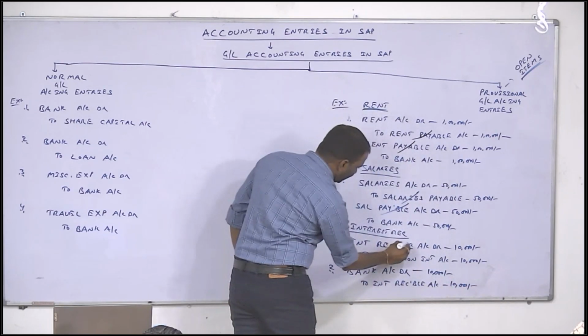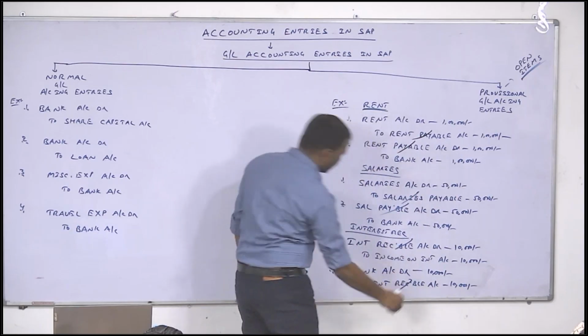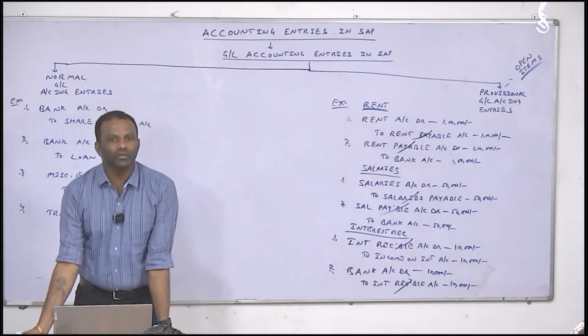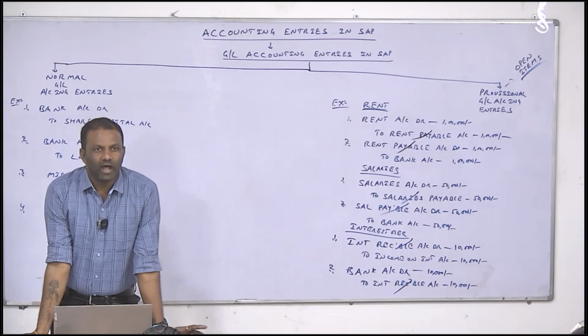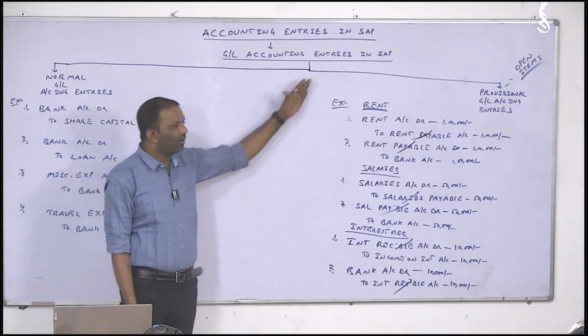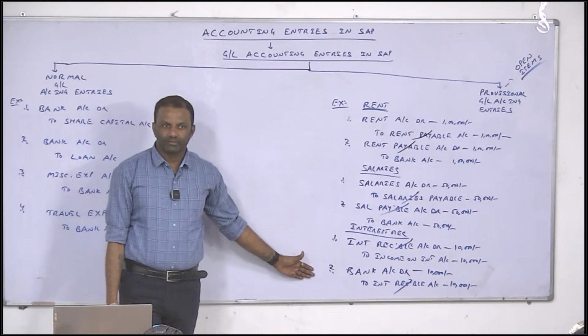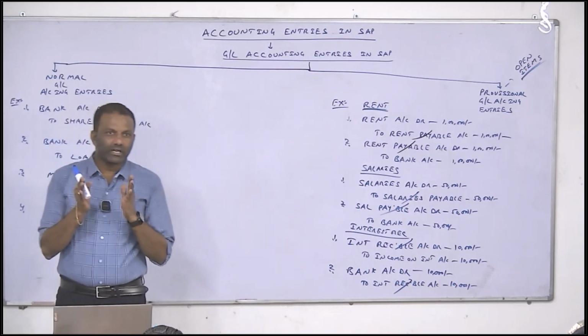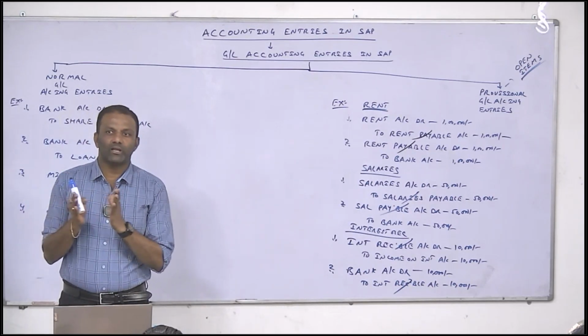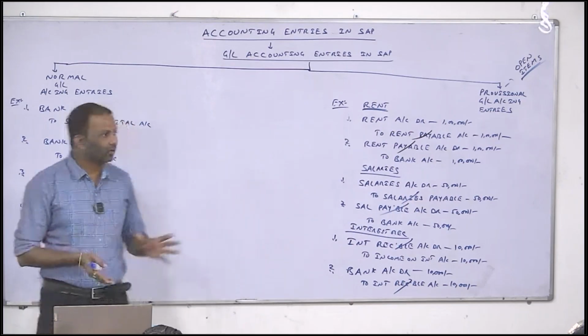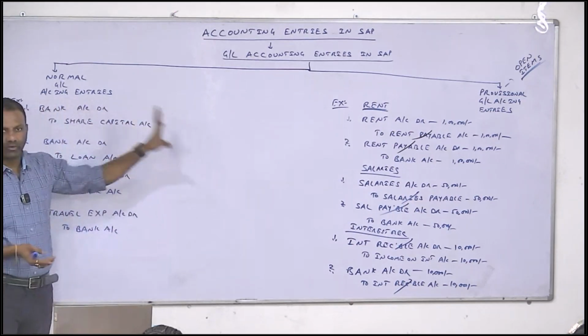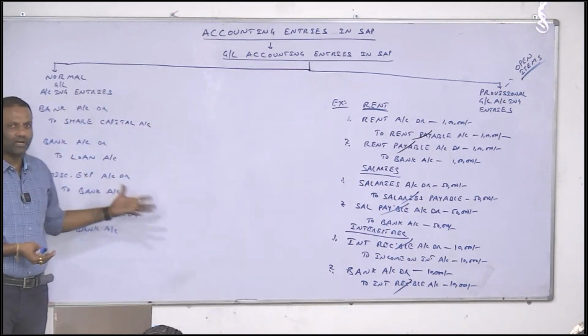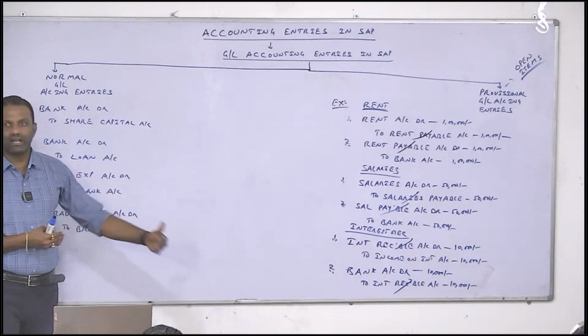Okay, so now here interest receivable. Ultimately bank account debit to interest account credit. But organizations always will follow this type of system. That is the reason, if you take GL accounting as a submodule, how will the accounting entries be posted? The accounting entries will be posted in two ways. One is normal entries. Everyone can post. There is no second action we can take.